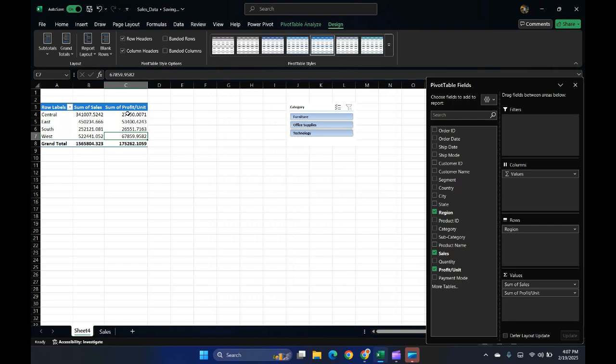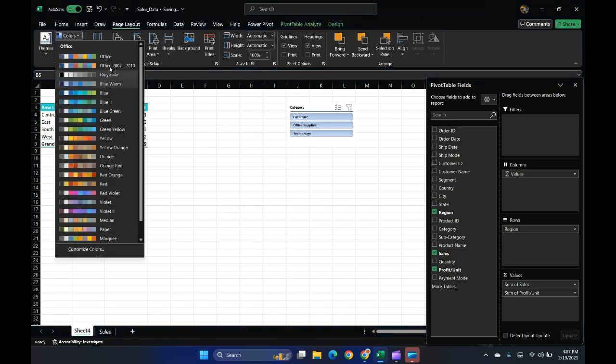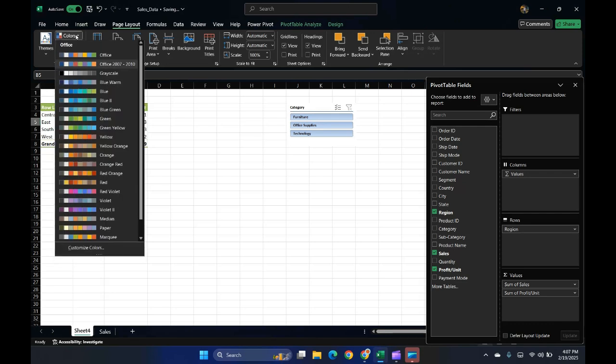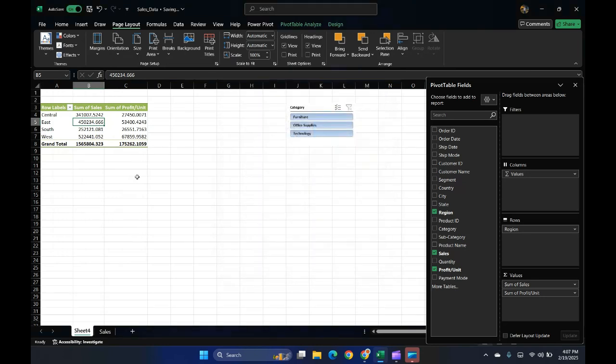Now, if you're also not comfortable with the color or you want to look with any specific color, go to the page layout and here you have color combinations available. You can choose any color you want, or if you want to customize the color, you can customize as per your need and you can click save and it will be updated. So if your organization has any specific requirement for color,